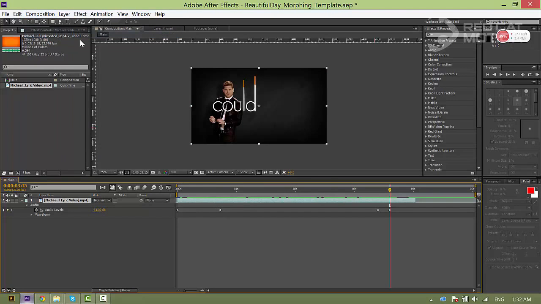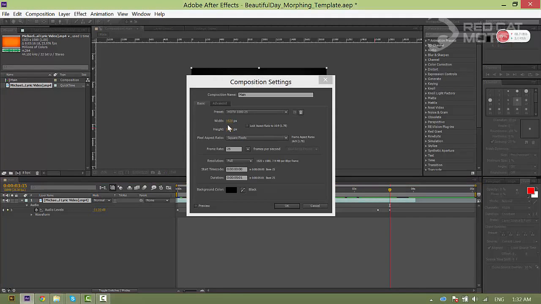In the composition settings, I also configured it for you. Our video's resolution will be Full HD, and the pixel ratio is square. Frame rate is 25, duration is 5 seconds, and background is black. So you just need to use this template for the sake of following the tutorial.